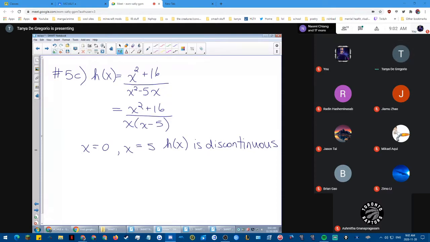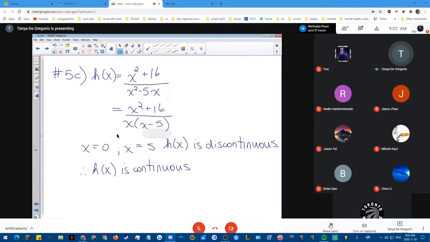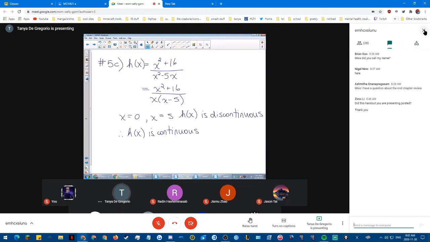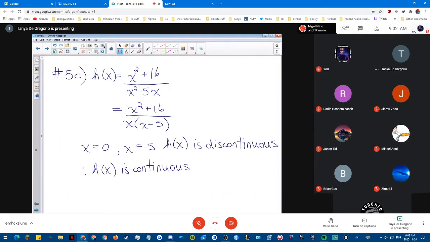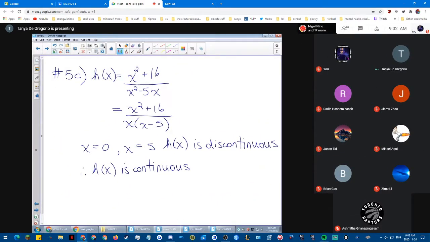Okay? I copied down the function. Yes, I did. Okay, so we're going to say, therefore, how would we define this? Well, x is an element of the real numbers. It's continuous for